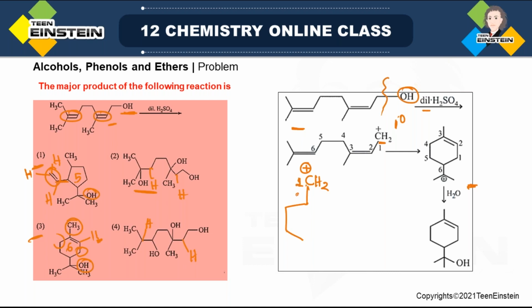So this is 1, this is 2, this is 3, 4, 5, 6. And at the 6th position, there is a double bond